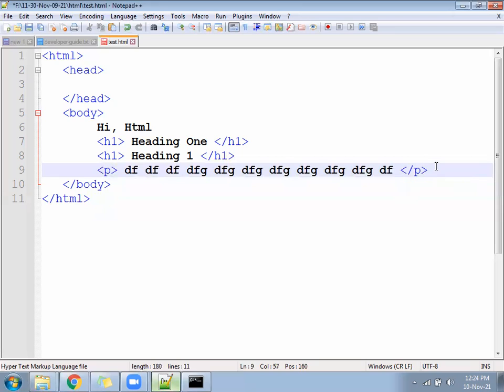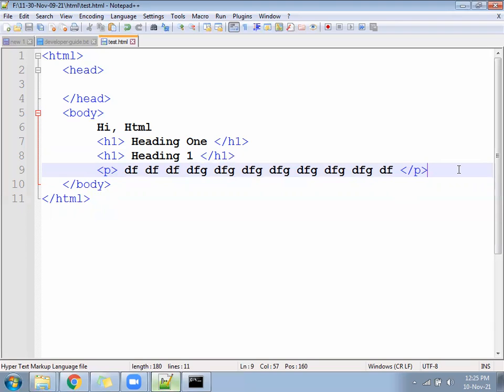So here in Notepad++, you have a shortcut. Suppose you want to copy this paragraph, any line, maybe H1, H2 or any line. Whichever line you want to copy, first keep your cursor at the end of the line, after the paragraph. Hope you clicked after the paragraph.